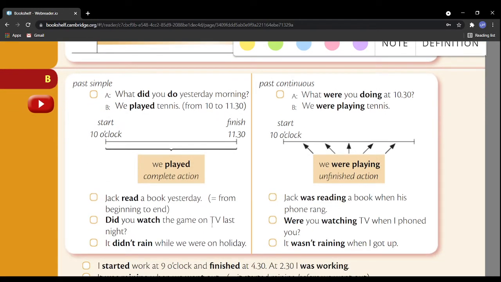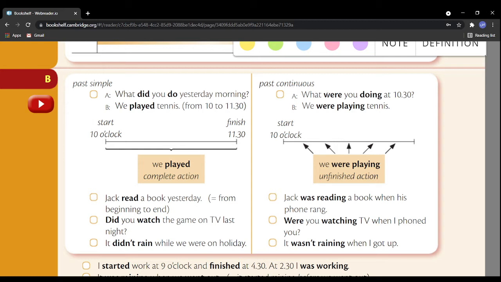Let's see some other examples. Okay, what did you do yesterday morning? تقول we played tennis from so and so. عادي ممتاز. We played لأنكم خلصتوا انتهى الموضوع بديتوا من كذا لكذا عادي. لكن إذا أسألك على سؤال معين في وقت فلاني وكنت قاعد تشتغل continuous يعني you were in the process of playing, you're still playing,